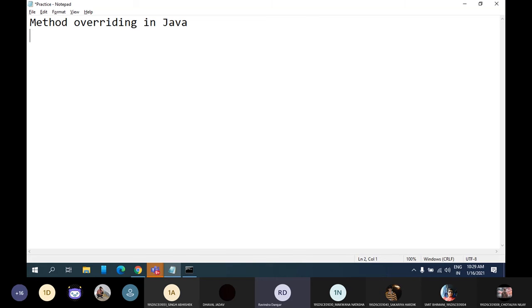If I want to find the area of a circle, I need to give the radius. If I want to find the area of a triangle, then accordingly I need to give the parameters. For a square, rectangle, polygon, different shapes, I need to change the parameters only. But from the method name only, I can assume that this method will try to find the area of certain shapes. So it will simply increase the readability of your program.